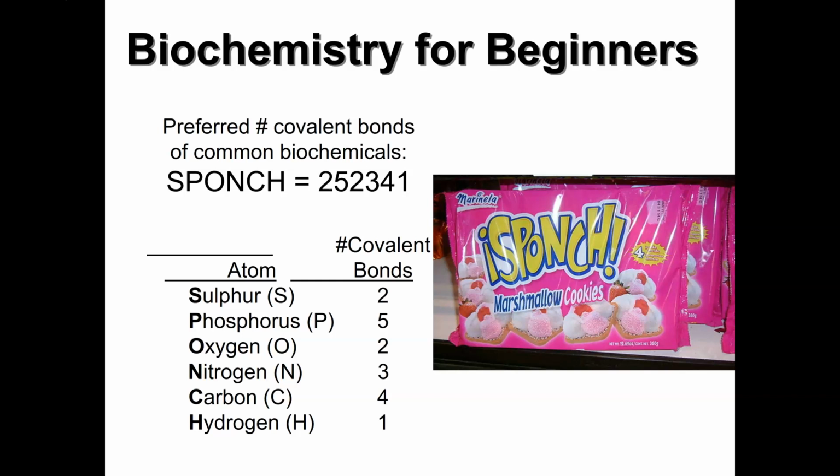If you look back at the periodic table, the position in the columns mostly predicts how many bonds that particular element will make. The only one here that's going to fall outside that rule is phosphorus. Phosphorus makes hybrid orbitals. We're not going to talk about that. Save that for chemistry. Just remember this pin number if you're not very good with chemistry yet, and you need to remember how many covalent bonds that particular element needs